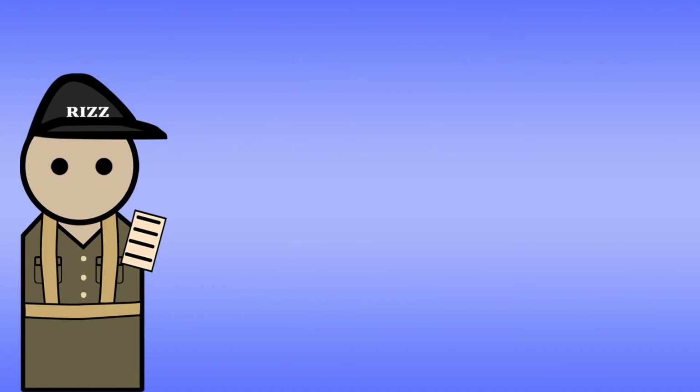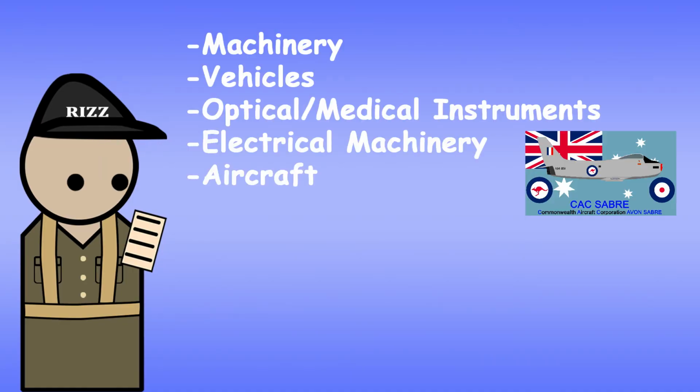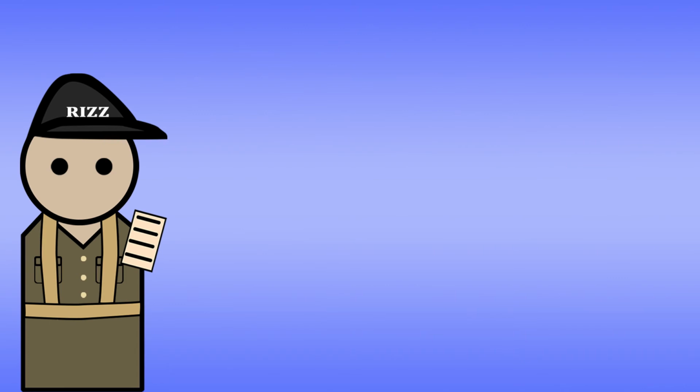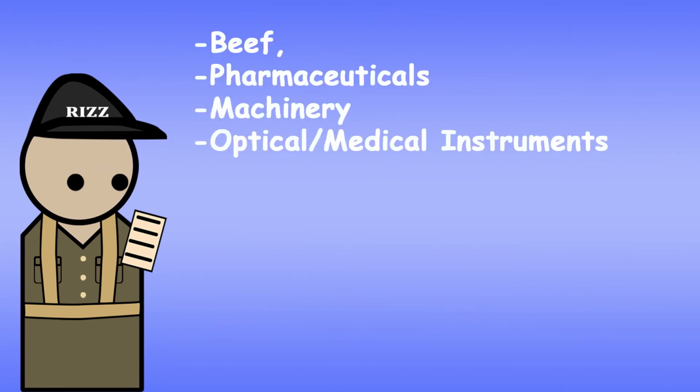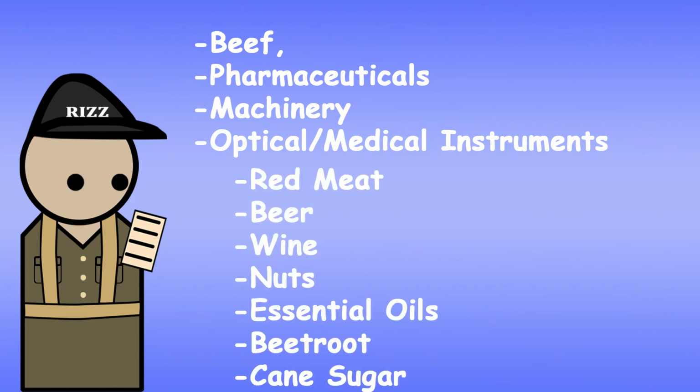Among many things, the highest exports from the US to Australia are machinery, vehicles, optical and medical instruments, electrical machinery, and aircraft. Adding to the agricultural side, because I already have the information, the US exports a lot of pork, dairy, fruit, and nuts. Now, Australia's highest exports to the US are beef, pharmaceuticals, machinery, and optical and medical instruments. On the agricultural side, they also export a lot of beef, most of it being red meat, beer, wine, nuts, essential oils,